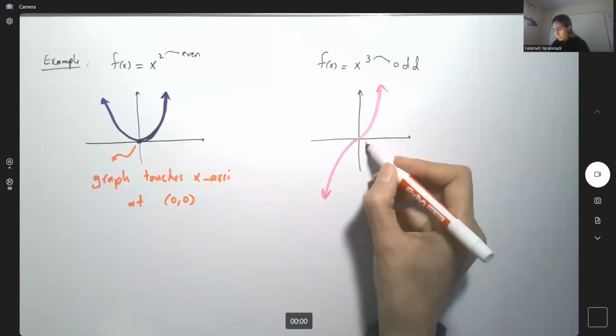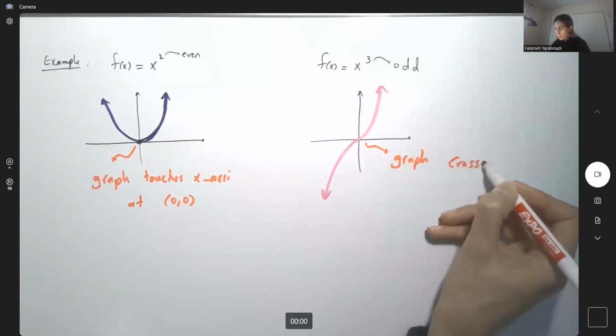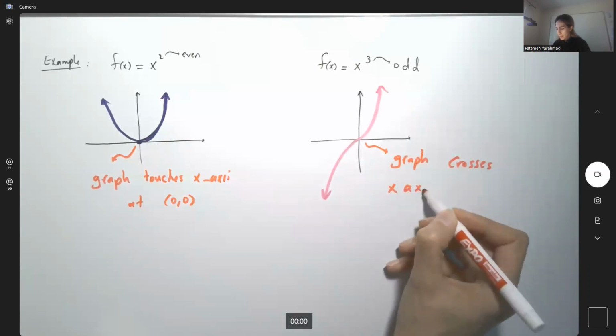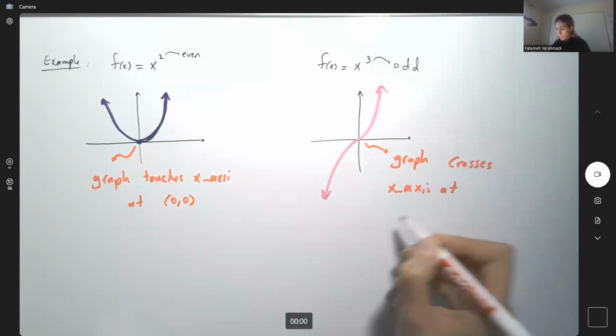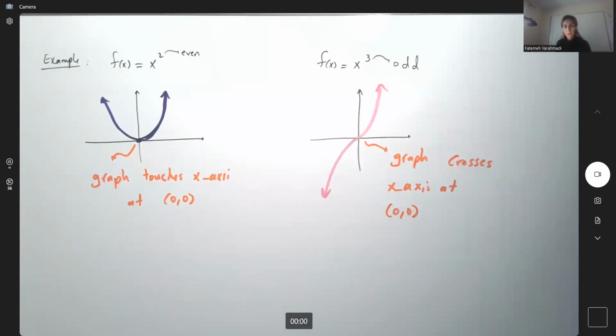So the graph crosses the x-axis at the origin. So what is our conclusion? Our conclusion is